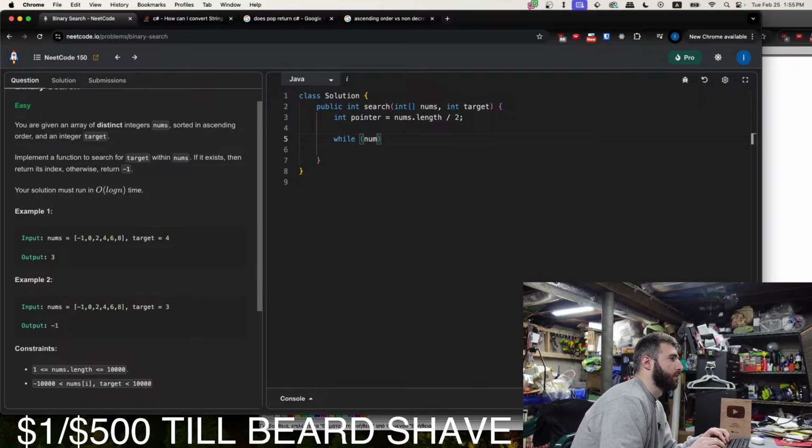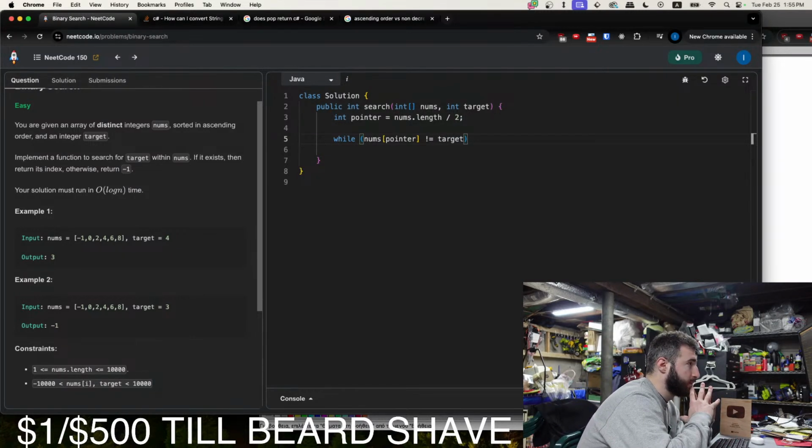While nums pointer is unequal to target. All right, I don't think it can be unequal to target because there may not be a target. If that's the case, we need to output a -1.